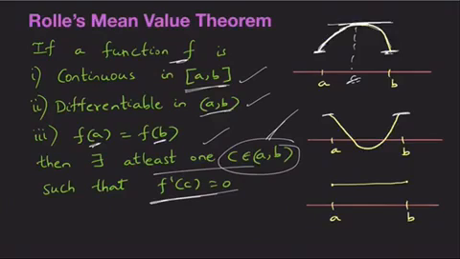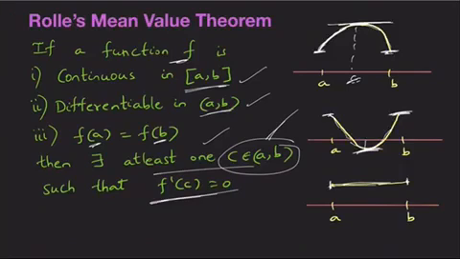So this is our c, which is in the open interval (a, b). If you look at this graph, here also the value of f at a and b are equal. Initially this graph decreases. To reach back the same value, it has to increase at some point, and there will be a turning point at which the derivative will be 0. Now if you look at this third graph, here also the value of f at a and b are equal, and this is nothing but a constant function, so the derivative of f at each and every point is 0. So we can see that Rolle's theorem is satisfied in all these three cases.